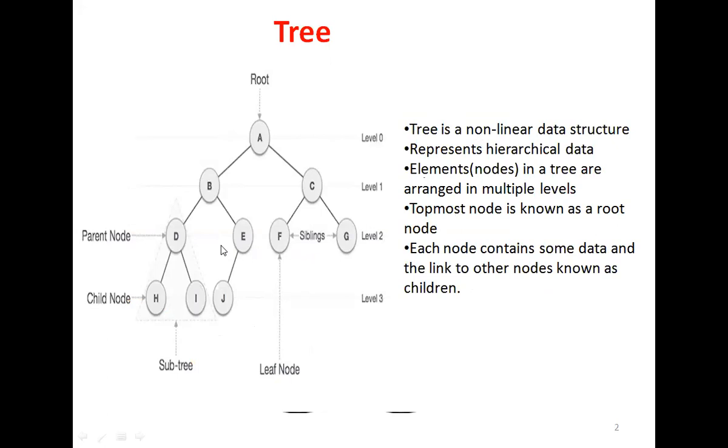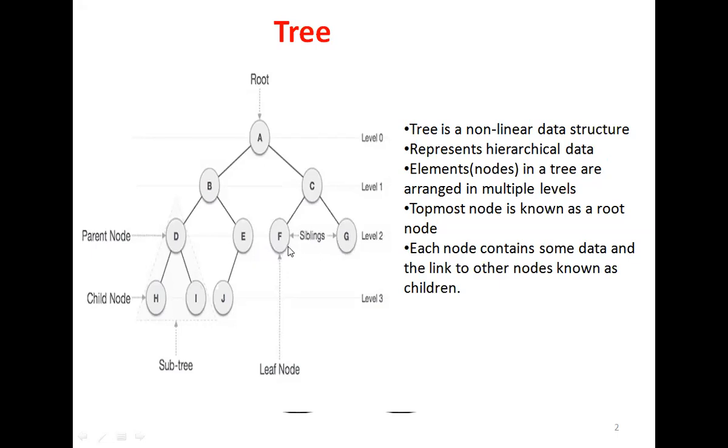See, here, this is a parent node and this is a parent of these two children. So there are different parents. In a tree, there may be different parents and different children. So this node D is a parent node of these two children. These are the children of this node. So this is the parent and these are the children. So this is one family. And here you can see this is a child of this node C and this is a child of this node. So F and G are children of node C. So here C is a parent of these two child nodes F and G.